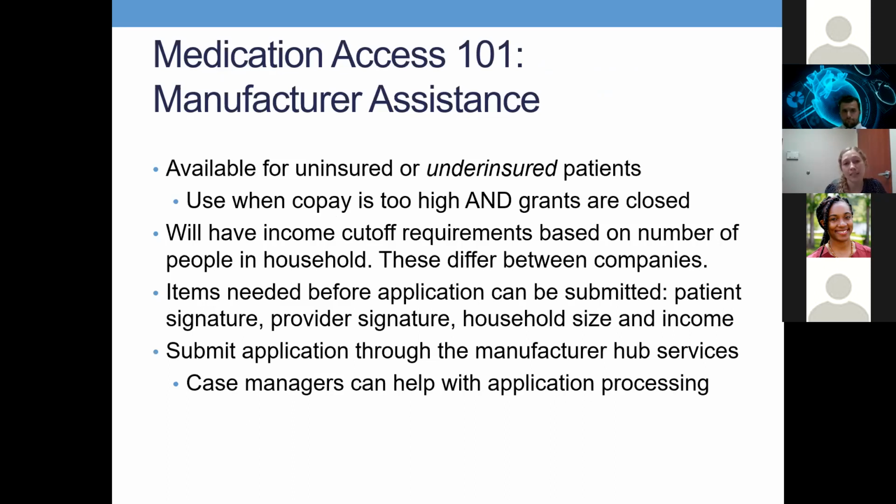For manufacturer's assistance, these are available for either our uninsured or underinsured patients, which are patients who have Medicare but with a high copay. And we use them when the copays are too high and our grants are closed. The companies will have income cutoff requirements, and these are going to be based on the number of people in the household. And these will differ between companies, but it's usually anywhere from 400 to 500% of the federal poverty